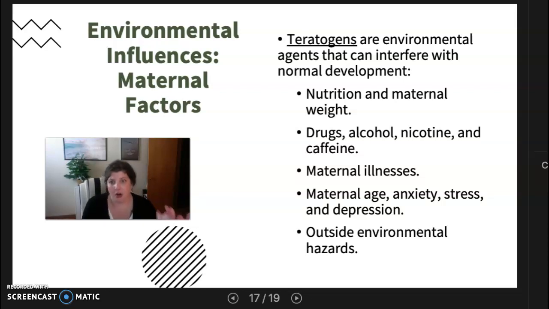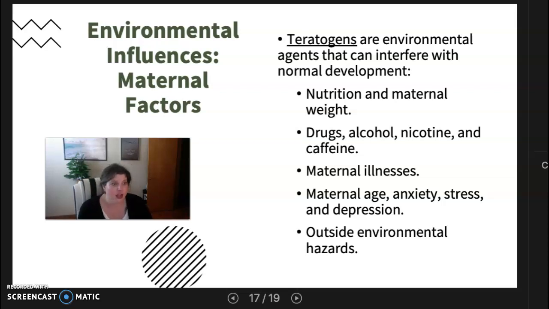Of course, drugs, alcohol, nicotine, caffeine, all of those can be harmful in different ways, depending on 1, where you are in the pregnancy, and 2, how much you're using. So remembering that the 2 to 8 week time period is the most vital for protection, making sure there's not any malformation or stress to cause a miscarriage or hinder the development when there's so much going on at that stage.